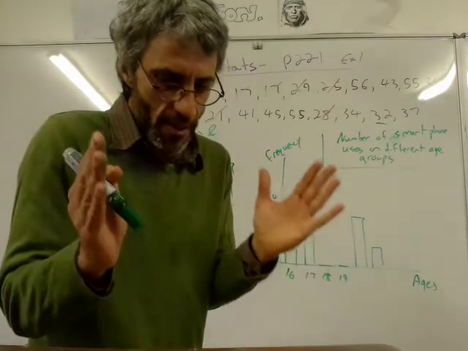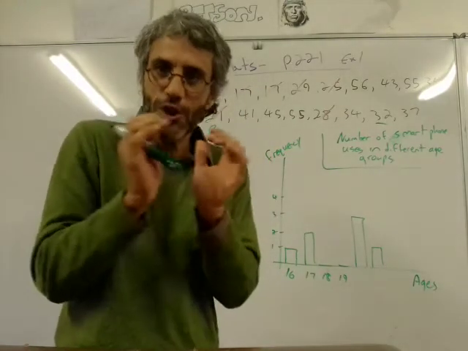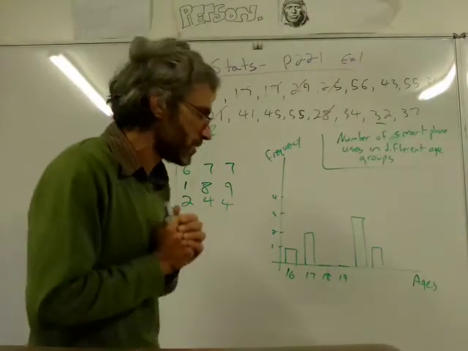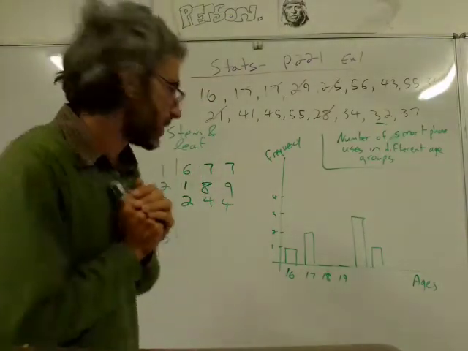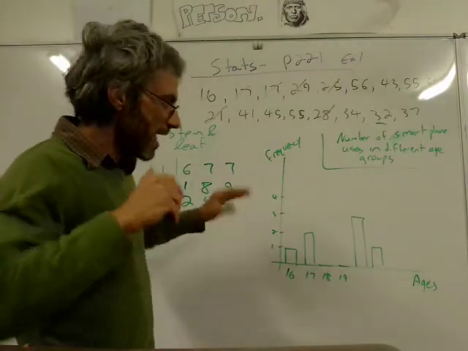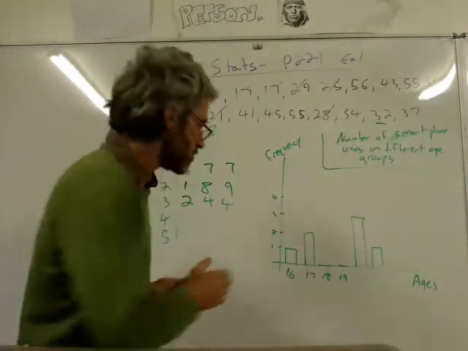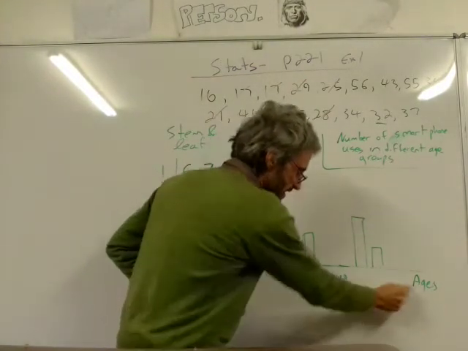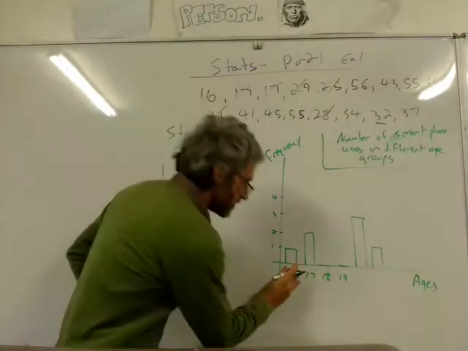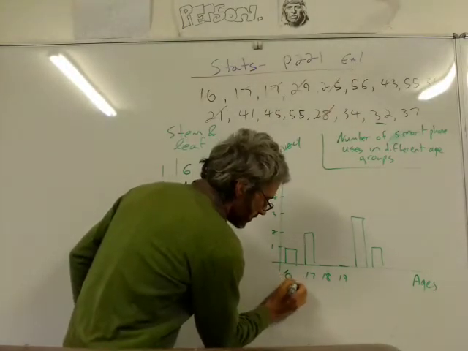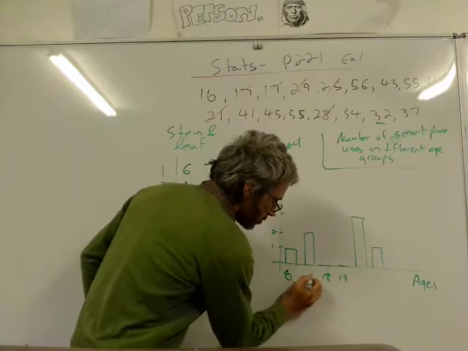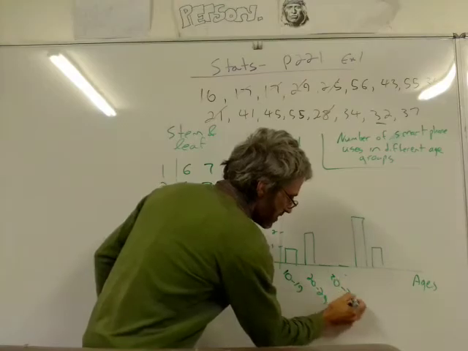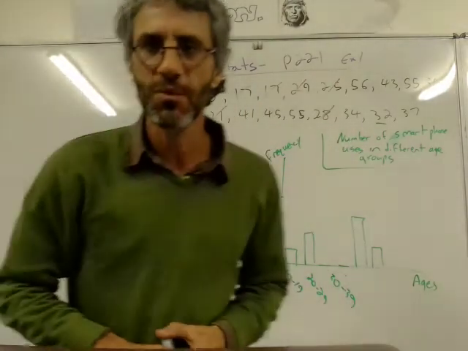Bar graph. The bars shouldn't be touching each other, and I'm going to come to that in a second. Why do we use a bar graph right now? The age group depends on what age group you decided. If you decided to have each age, 16, 17, 18, 19, then that's what you do. If you decided to go from 10 to 19, 20 to 29, 30 to 39, then you do that. It's up to you.